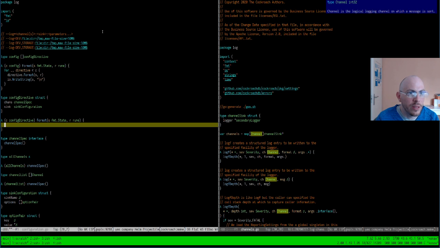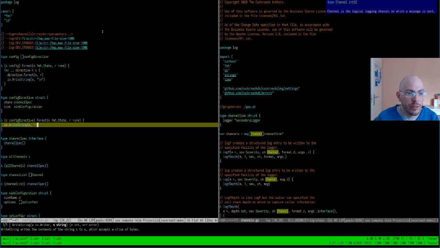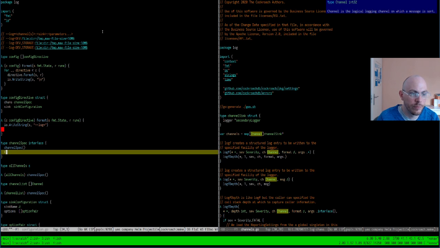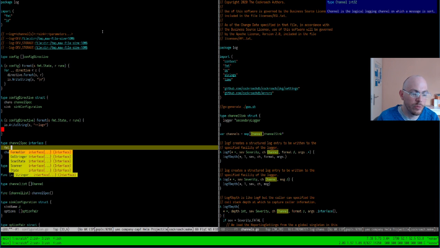So we have a config directive, and how does that look? We're going to say that a config directive starts with the log equal sign, then we format the channel. I don't have to write this. I can actually try formatter here.